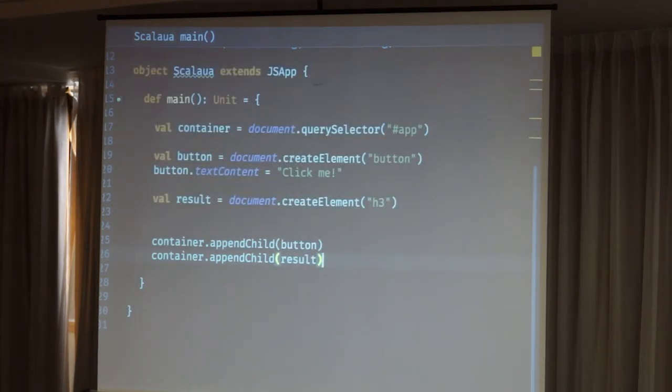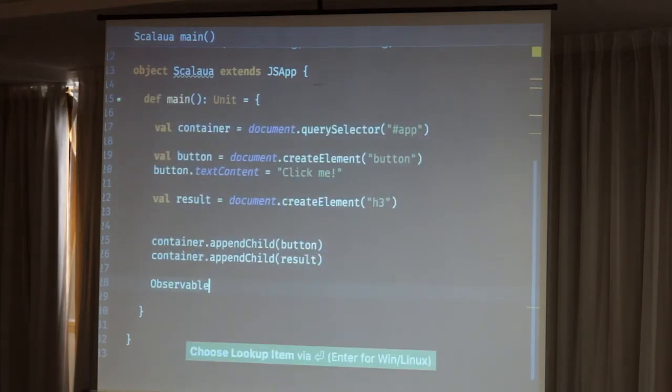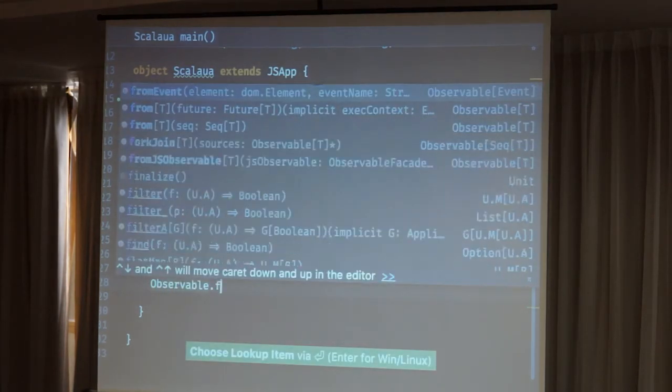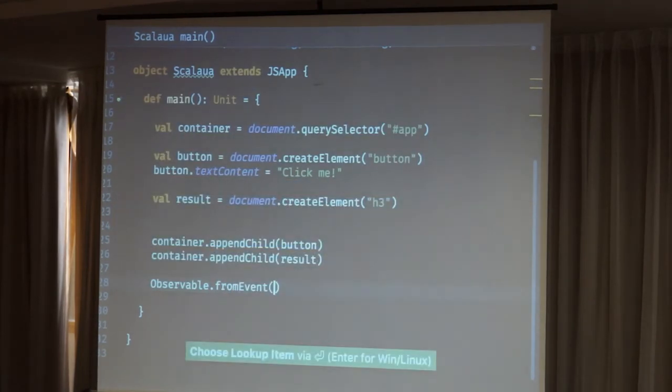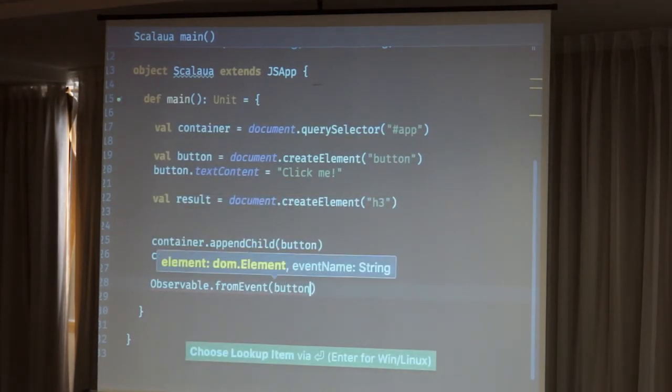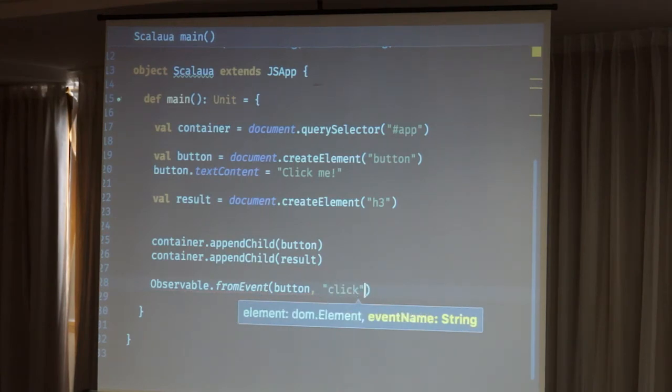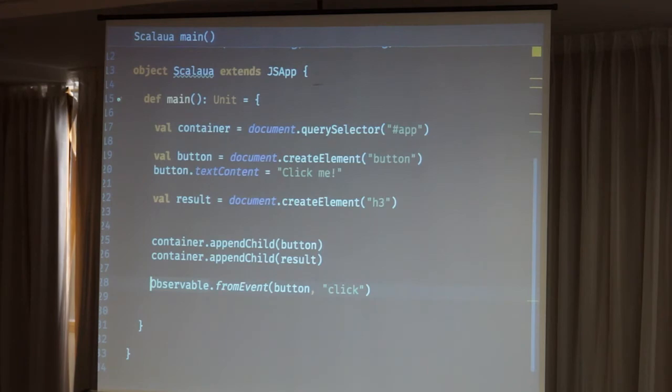So what we did now is just basically append two elements to our container. This is not doing a lot. So what we're going to do right now is get an observable from the click event on our button. And for that we're going to call observable from event. And we're going to choose the button, and we're going to choose the click event. And now we have this observable, which we can then use to